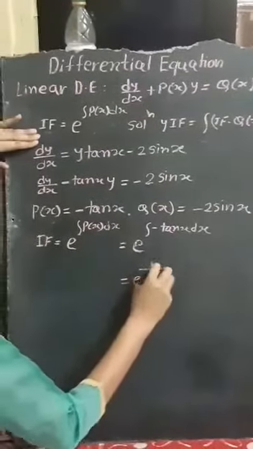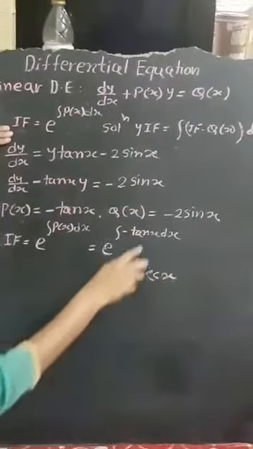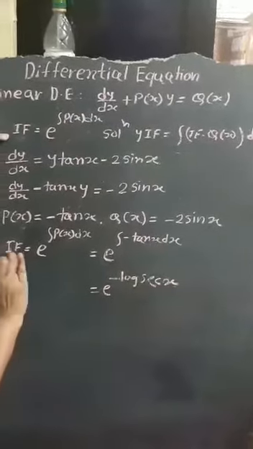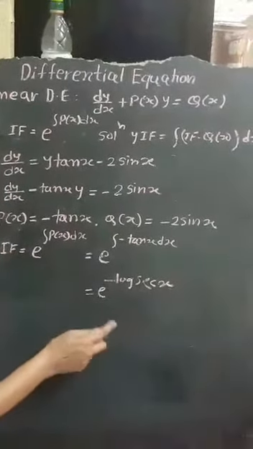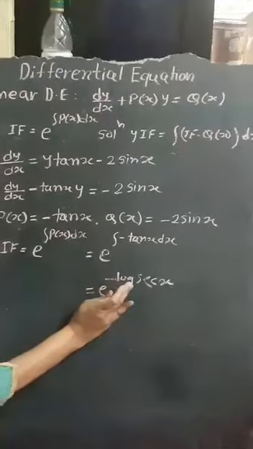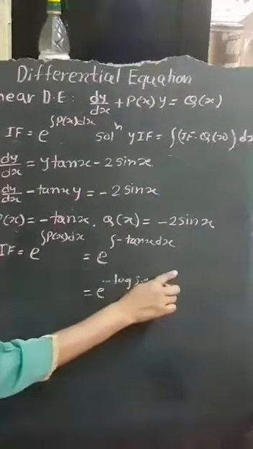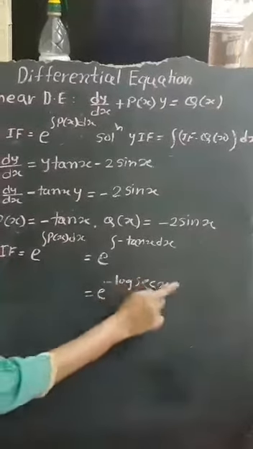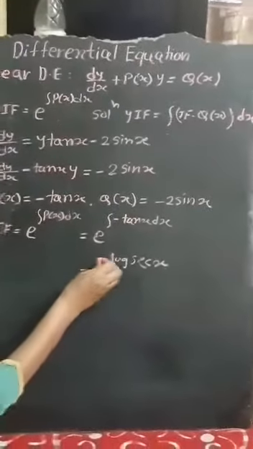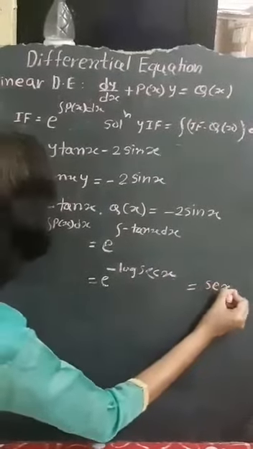It is log of sec x, right? Integration of tan is what? Log of sec x. Don't write plus c in this IF thing. Okay. Now please remember what I'm saying. So use the property of log. If along with, before log, whatever is the coefficient, if I use the property, it will become power. Okay, log of a raised to b is b log a. So b log a will be what? Log of a raised to b. So what will happen? This minus sign will become power of sec and it will become sec x